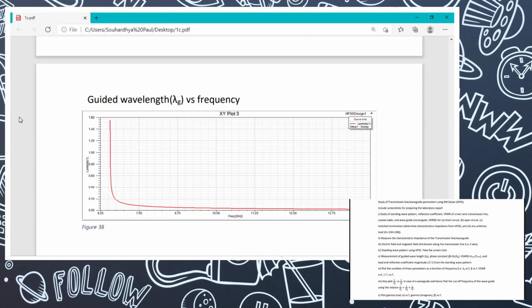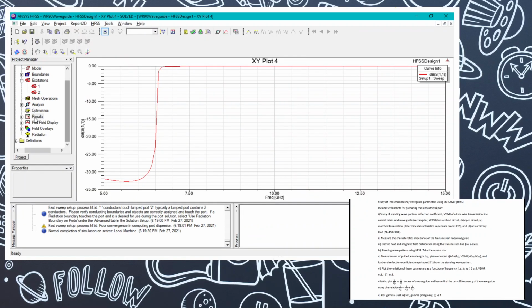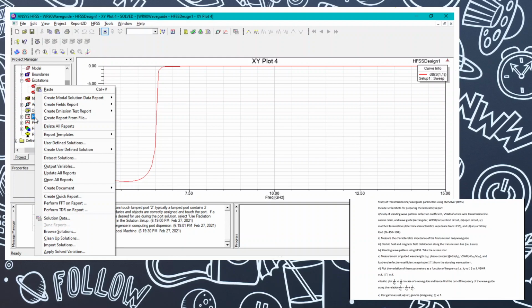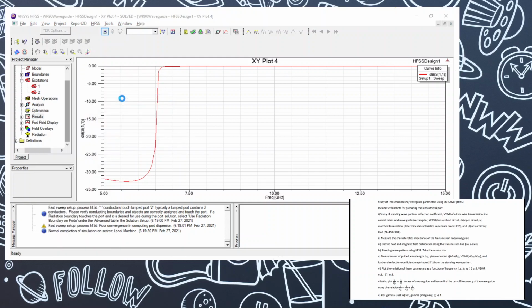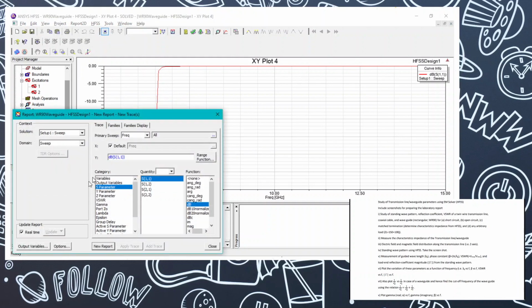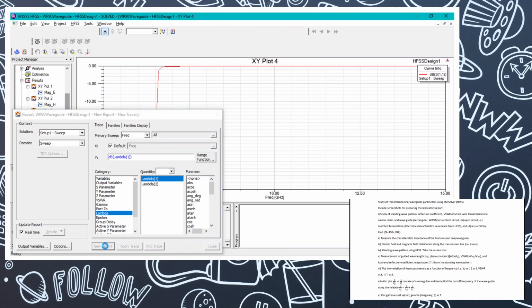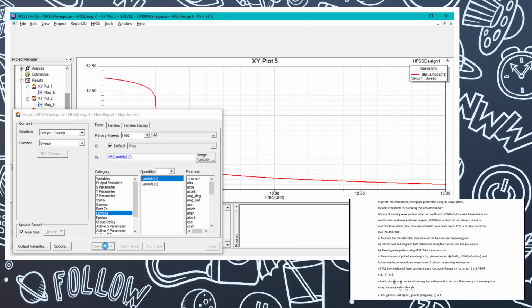For the guided wavelength versus frequency, I'm going to show you how you can plot that. For that, you need to go to results, and solution model, solution data report, the plot, and here you can see there is also lambda versus frequency, and you need to create a new report, and after that the report will be generated.